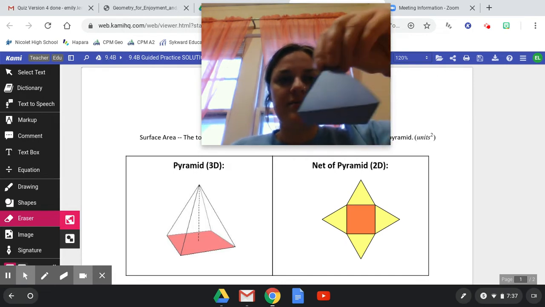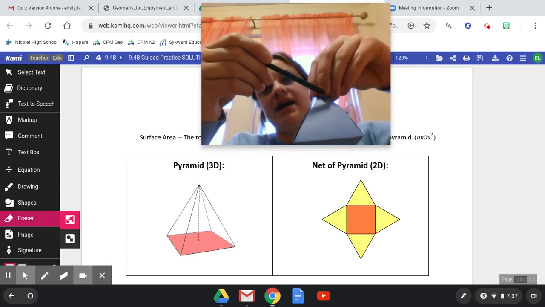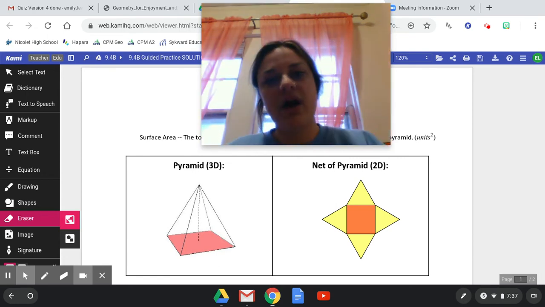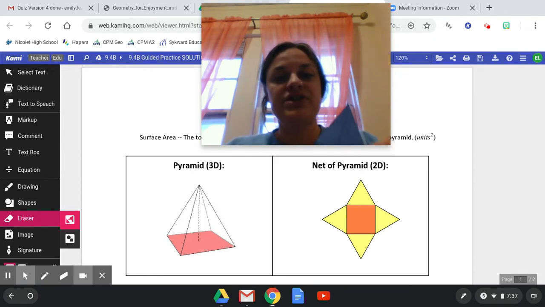When you look at the pyramid, the height is like if I were to take something and drop it from this top point straight down, how far would it go? That's the height. And then there's another height that we talk about, which is the slant height, which